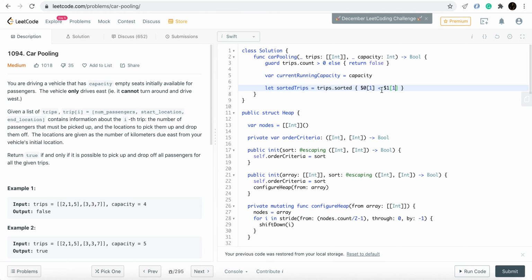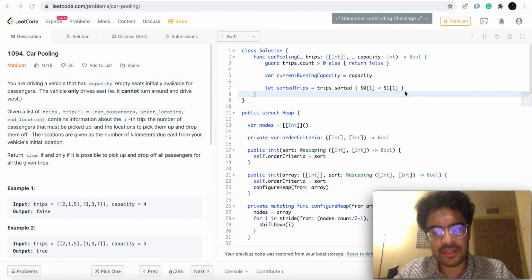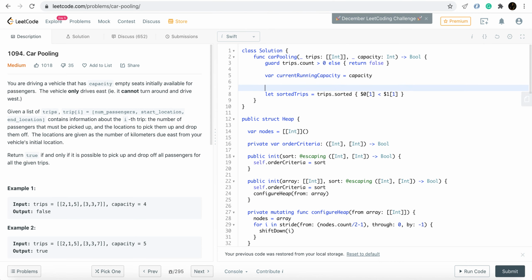The arrays are 0 indexed, so 1 here means the second element, which is the start time, and I'm sorting these trips in increasing order of start times. That's all that this is. Let me call this the natural order of processing trips, as we discussed earlier.